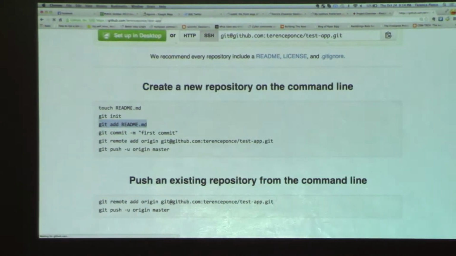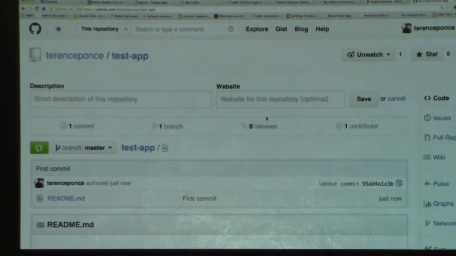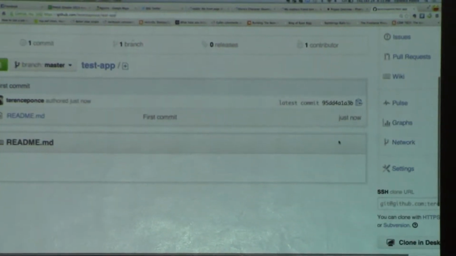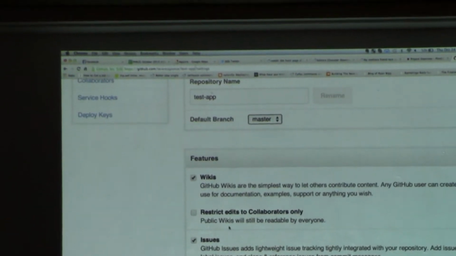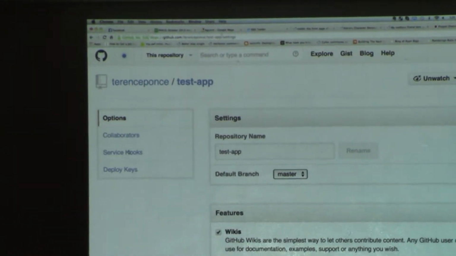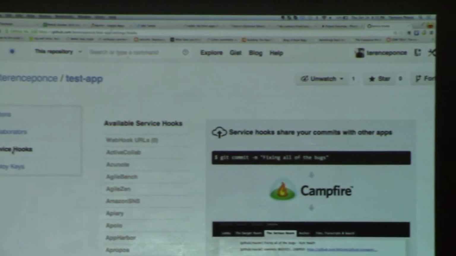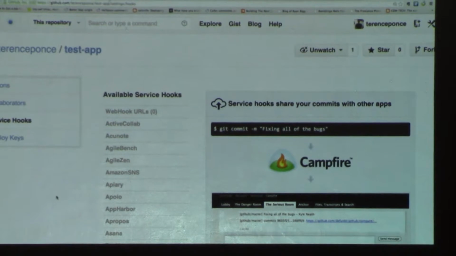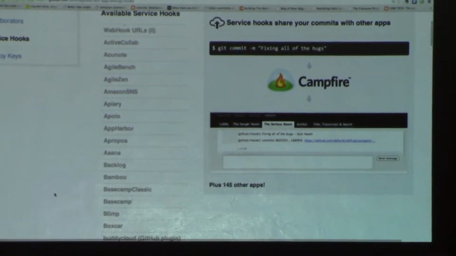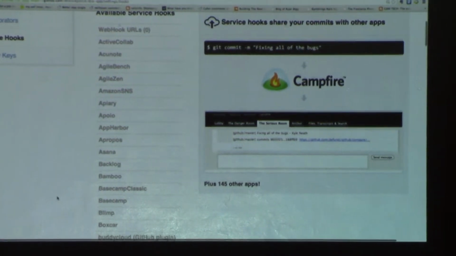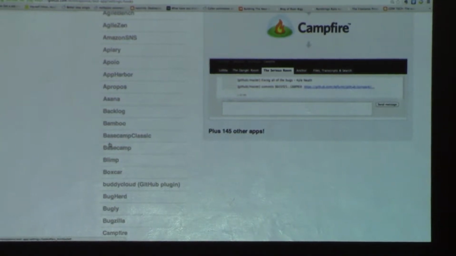Okay, so the project is set up now, and in the project page, there in the settings, there's this tab called Service Hooks. So GitHub integrates with a lot of services, and this is really useful. This is my favorite feature of GitHub. It integrates with a lot of services like Basecamp. I don't know if you're using Basecamp, but